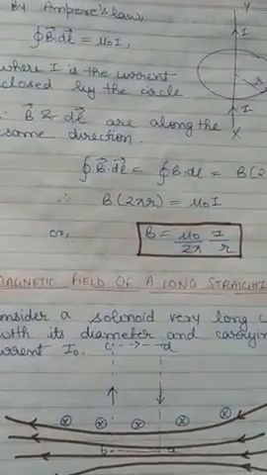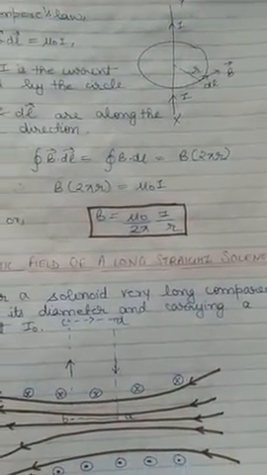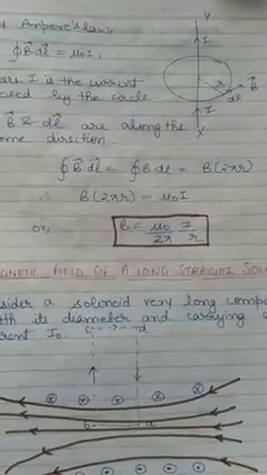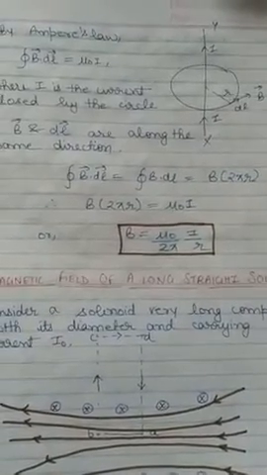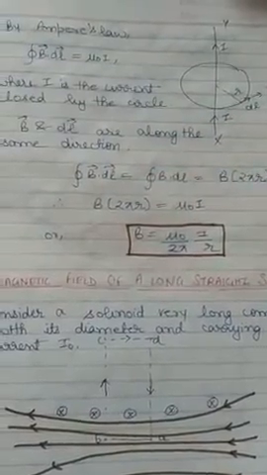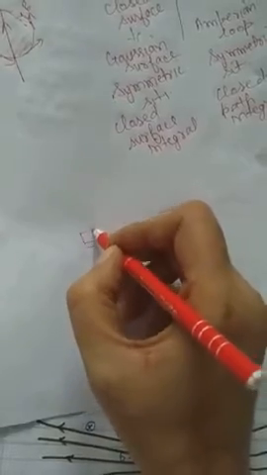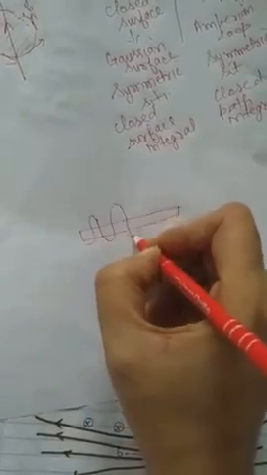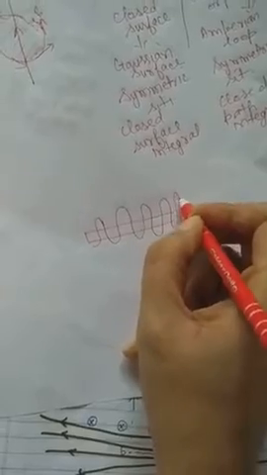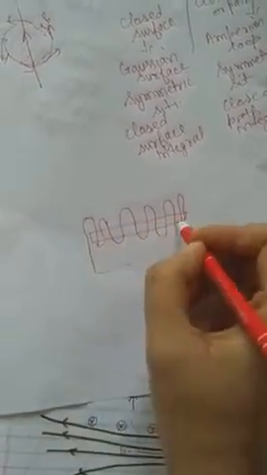Okay. Next we are going to find out the magnetic field of a long straight solenoid. So I hope all of you know about the solenoid. A solenoid is an arrangement in which we have an insulator on which wires are wound. You have studied this in class 10. So we choose an insulating material on which wires are wound, like this.